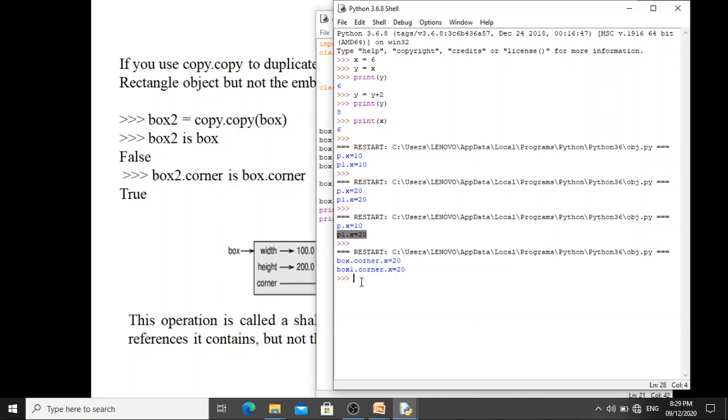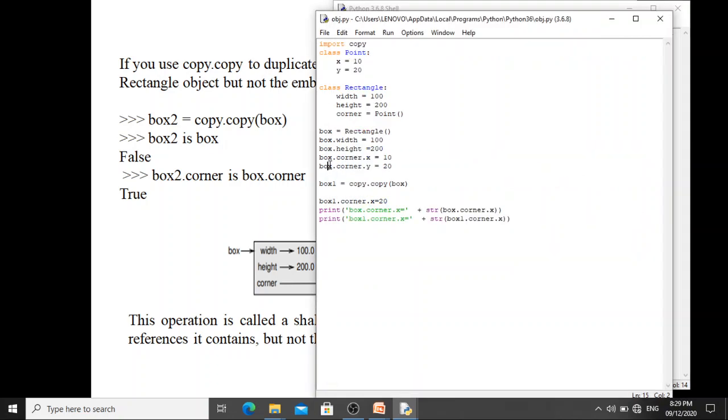Now if you see here, box.corner.x is also 20. Box1.corner.x is also equal to 20. What did we study just now?